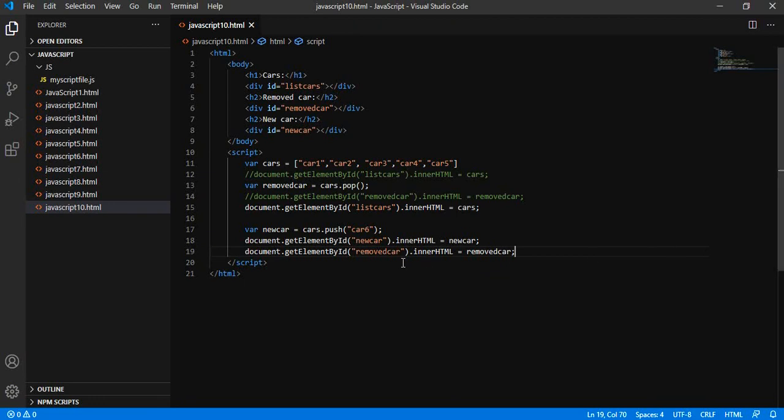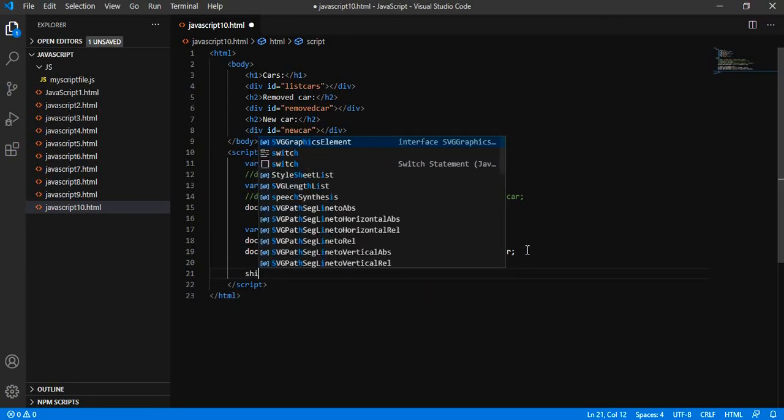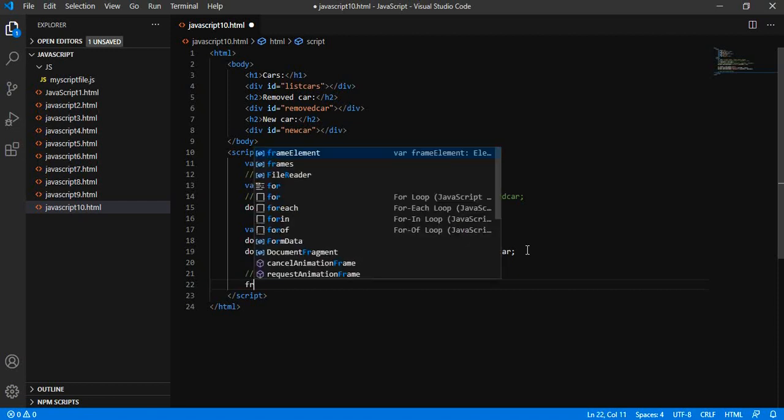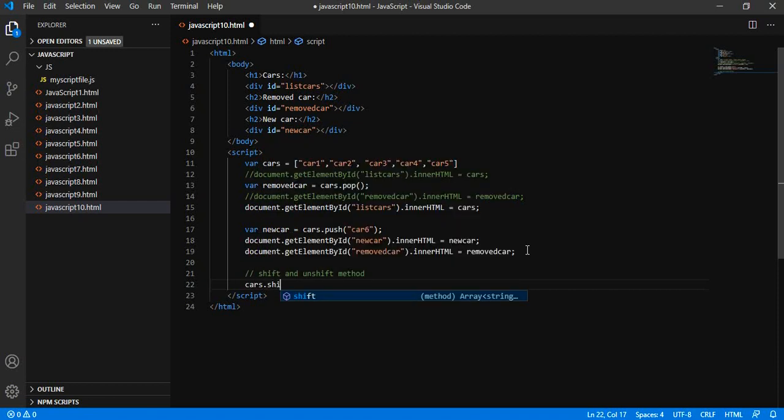Let us see what the shift method is. If I am saying cars dot shift, and then applying this particular assignment, let's say I am not doing anything with these functionalities.